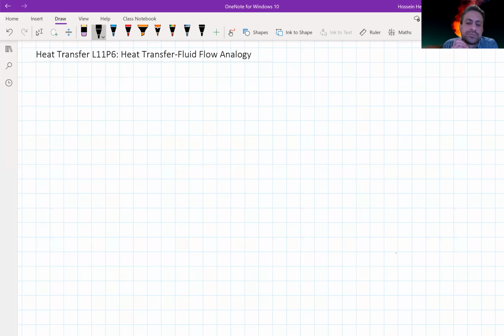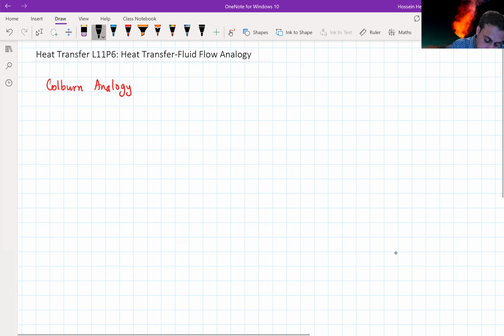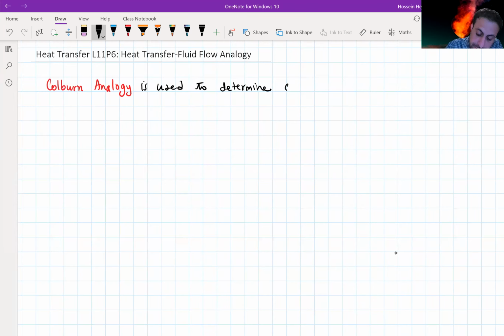There is an analogy between fluid flow and heat transfer, convective heat transfer, that is used to evaluate the convective heat transfer coefficient by measuring frictional drag. So this heat transfer fluid flow analogy, or Colburn analogy, is used to determine